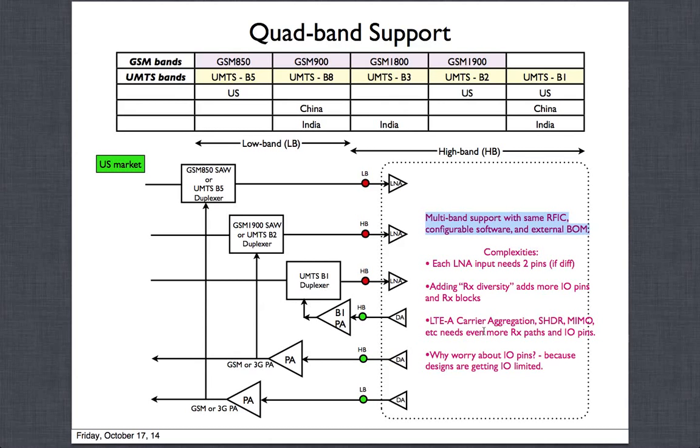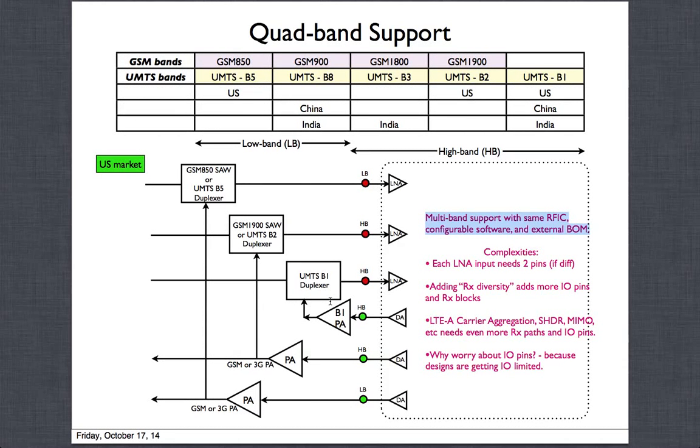Okay, so they might have a reference design, a phone reference design for the US market, where they say, okay, these are the filters, these are the things. Then they go to India and say, you know what, the Indian market is different. I don't need GSM 850, I need GSM 900. So they will replace this with a 900 megahertz SAW, and this one with GSM 1800 megahertz, and say, this part remains the same because UMTS band one is common between the US and India.